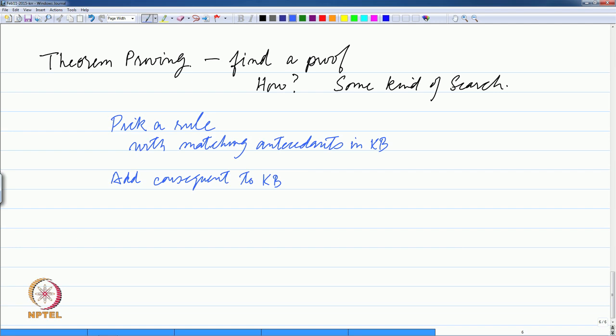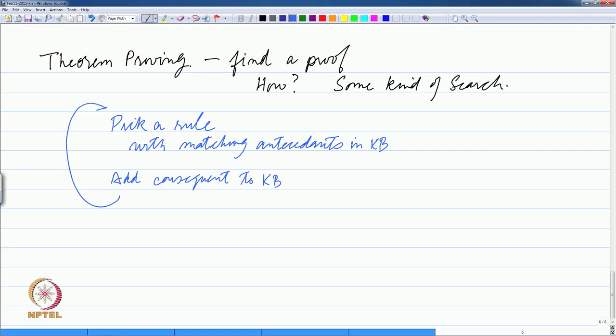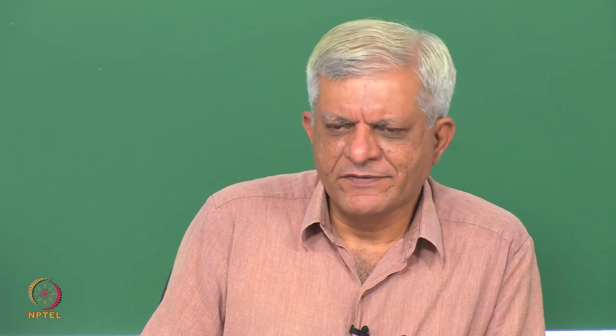So, in this way we keep adding more and more statements to our knowledge base, and we will terminate when we have added the statement that we are interested in, the thing that we call alpha essentially. So, the question is what kind of search can one employ? So, what do we have? We have a set of rules, we may have one or more rules, and